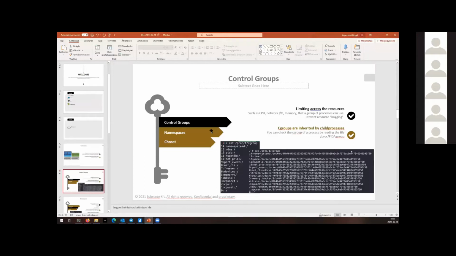With cgroups, you can prevent a single container from hogging all of those resources and basically doing a denial of service with that. Cgroups, just like many other things in Linux, are inherited by child processes. If you have ever worked with Linux, you know that processes are in a tree structure. So basically, there is an init process, which we usually reference by